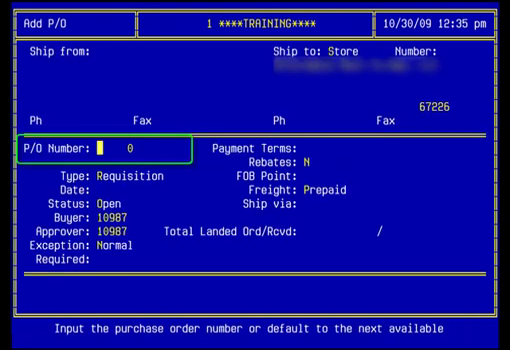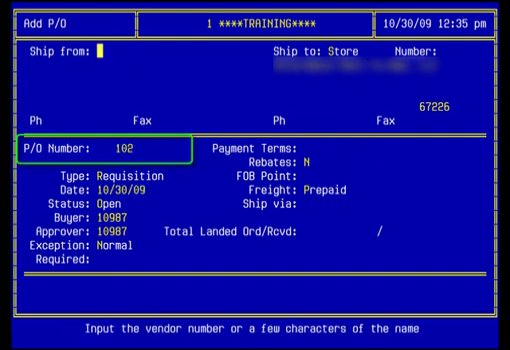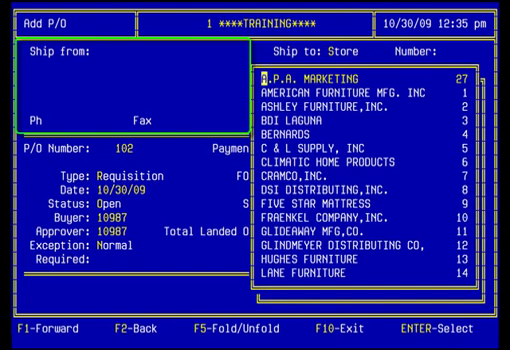I'm going to press enter through the purchase order number, and you'll notice the system automatically generates the number for you. You want to enter the vendor you're ordering the items from to place in the ship from. You can enter a few letters of the vendor name like ASH and press enter in the ship from field, or if you don't know the vendor to enter, then press enter with your cursor at the ship from field